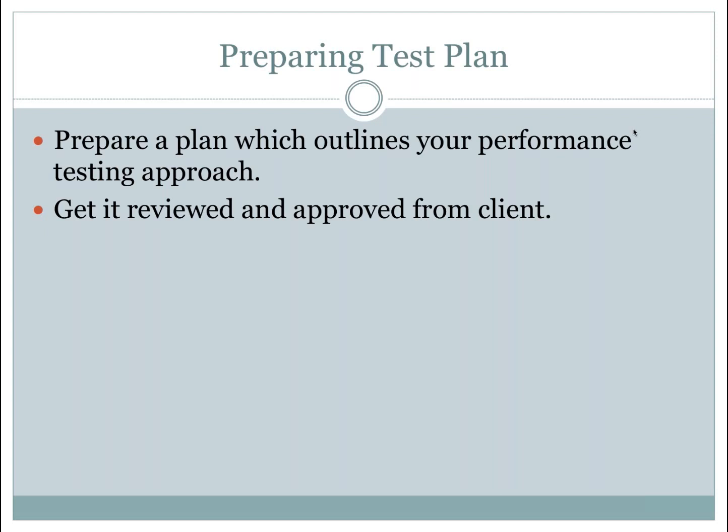And I can also add additional sections if I want to, like the entry and exit criteria, suspension and resumption criteria, the assumptions, and risks that we may encounter while performance testing. And I try to include the deliverables that I'm going to deliver to my stakeholders so that they have an idea about how the performance testing is done. So it's entirely up to us to prepare a test plan as per our requirement. And once we have prepared this document, I generally get it reviewed and approved by the clients and the stakeholders.